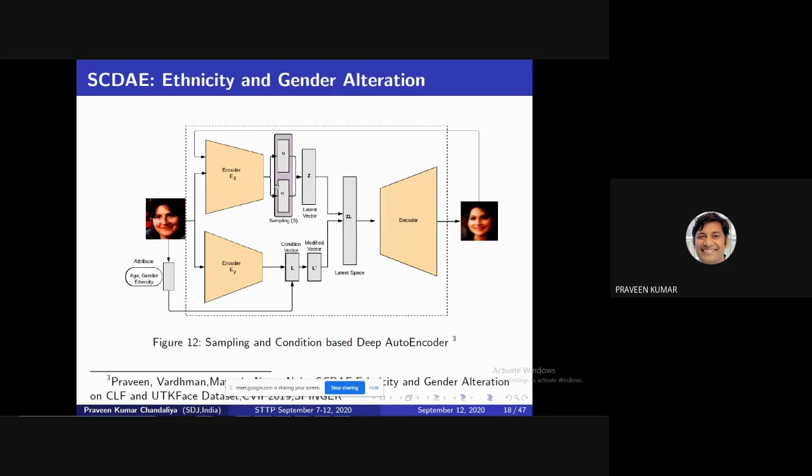In my first presentation, I converted the encoder Z to the decoder, but in my next slide, I have attached this encoder Y with this Z. So with the help of this L, we can modify our Z latent vector. So this one is our image. Then we change the ethnicity of this person. The encoder decoder architecture is the same. I am showing the next one.